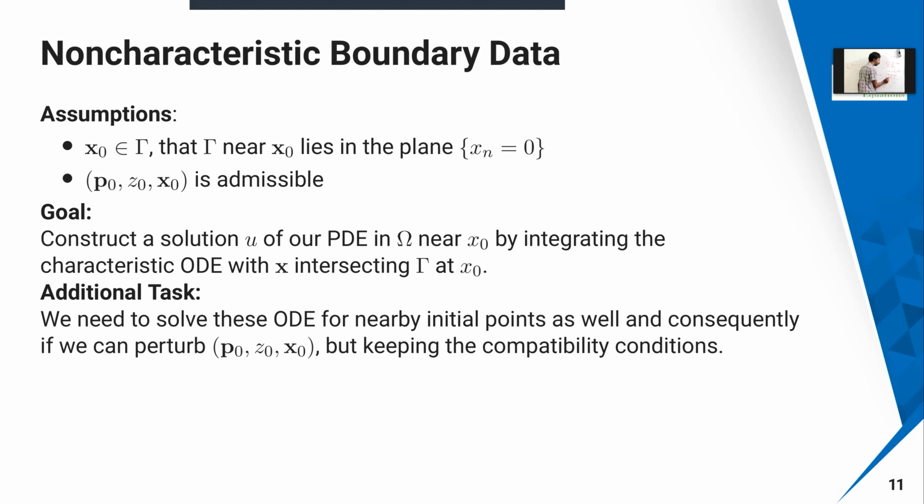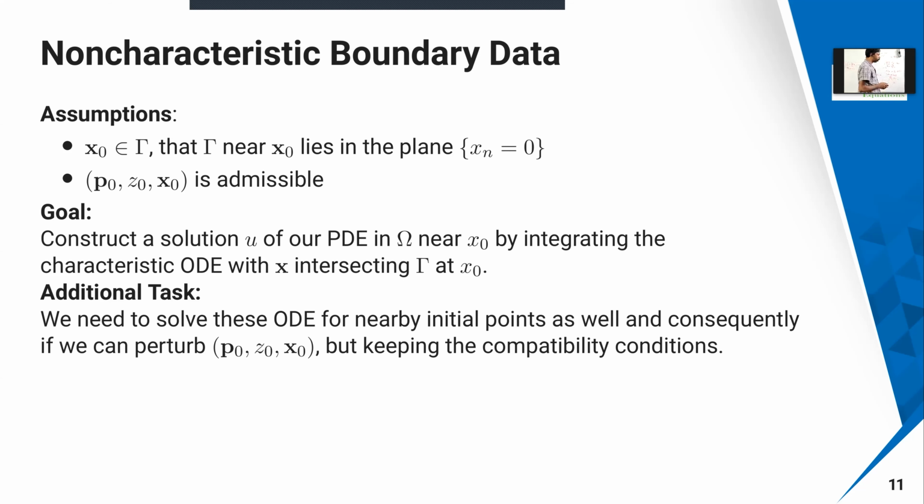Consequently, you can perturb this equation in such a way that in place of P naught, x naught, z naught, you put P naught plus epsilon, x naught plus delta, z naught plus some nu. That is the perturbation. But you keep the compatibility conditions as they are, and then you can solve this problem. That is the one we are going to solve to get the answers for your original problem, F of Du, u, x.